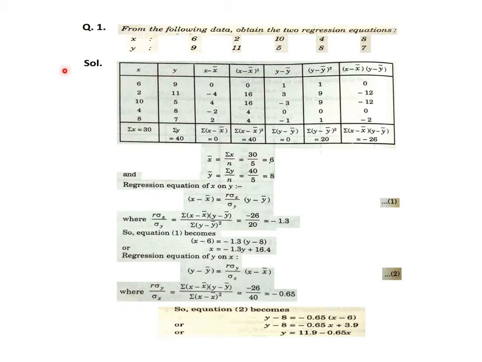As you can see, x and y are the given values, placed in the first two columns. We added all values of x to get sigma x, and all values of y are added to find sigma y. Say 30 and 40 are the values. Then x bar and y bar are obviously required here for doing anything. So sigma x upon number of values, there are 5 points given, so 30 upon 5, 6 is the value of x bar, and for y bar the sum of values of y is 40, 40 upon 5 is 8. So x bar and y bar are initially calculated.